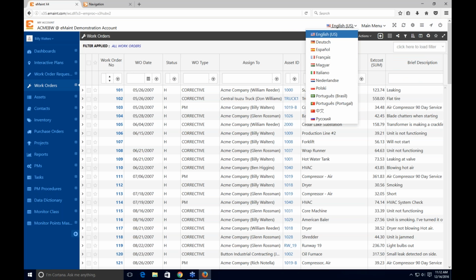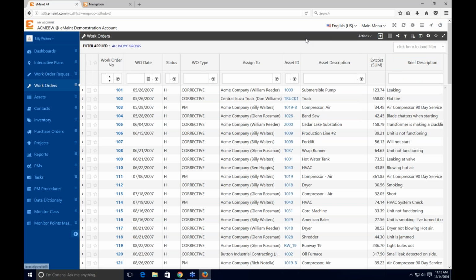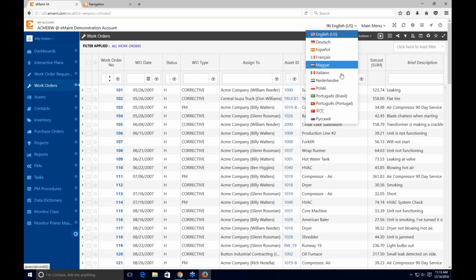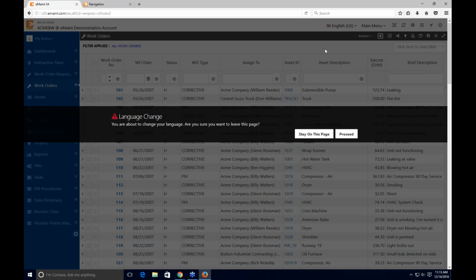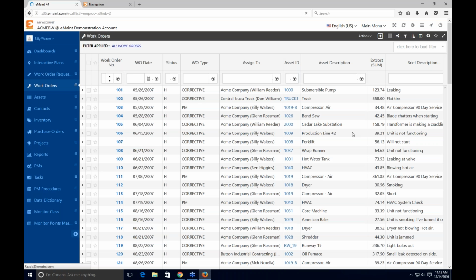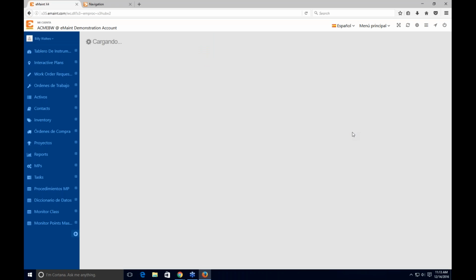All right. Also up here across the top, we have a few other header options. So the first is our language header option. So as you can see, when I hover over this, I have the ability to change between languages. So if I say I want to view it in Spanish, I can select, hit proceed, and you will see it is reloaded